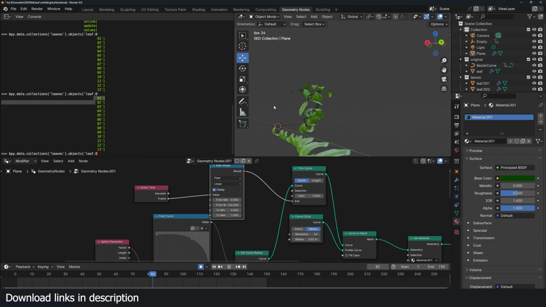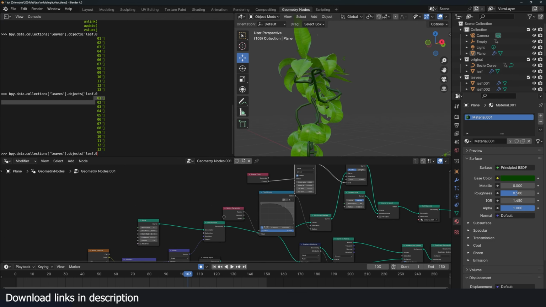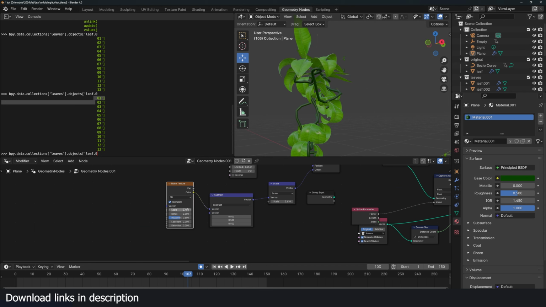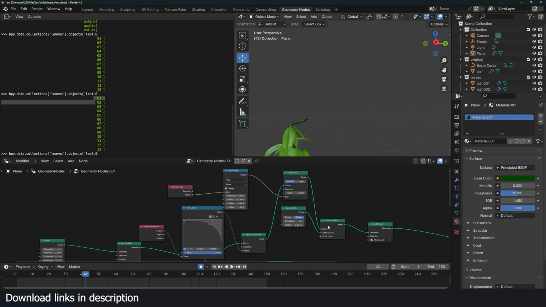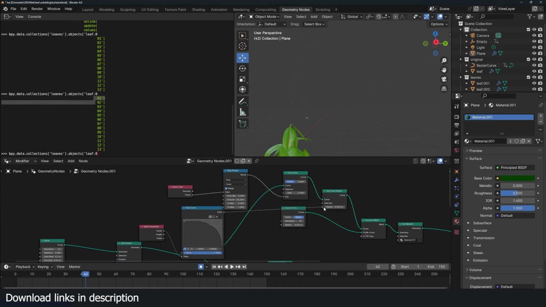It's a bit faster, yeah, but I think it's good. And let me just reduce this. Oh, I think this set radius has to come after the trim, not before. So yeah,